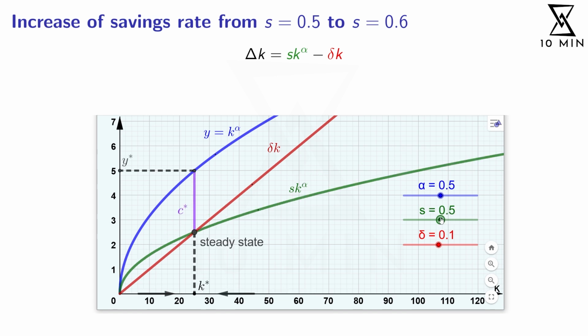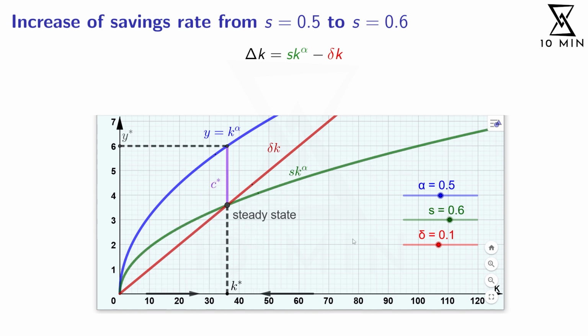So in our case, our savings rate increased from 50 to 60%, which basically dragged the green curve upwards. So in the new steady state, we now have a higher capital stock. To be precise, the old steady state increased from 25 units of capital per worker to 36 units of capital per worker. If you plug in these parameters that you see here into the equations from the slide we had before, then you get exactly these numbers. Right, and with 36 units of capital per worker, you have the square root of that, 6 units of income per worker.